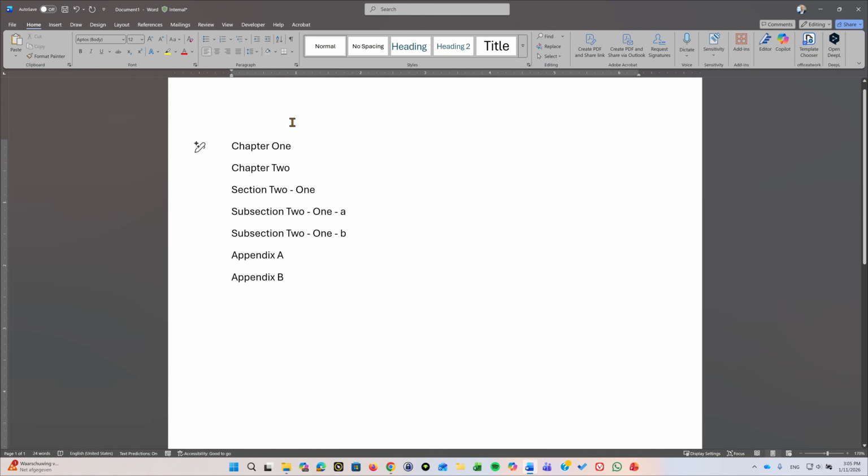If you work with documents in Microsoft Word, you've probably seen this. Your document looks fine at first, but as soon as you start numbering headings, things break. In this video, I will show you the right way how to set up auto-numbered headings in Word and create a table of contents that automatically updates. Let's get started. Okay, I've created this blank document, and here you see the sections and the chapters I want